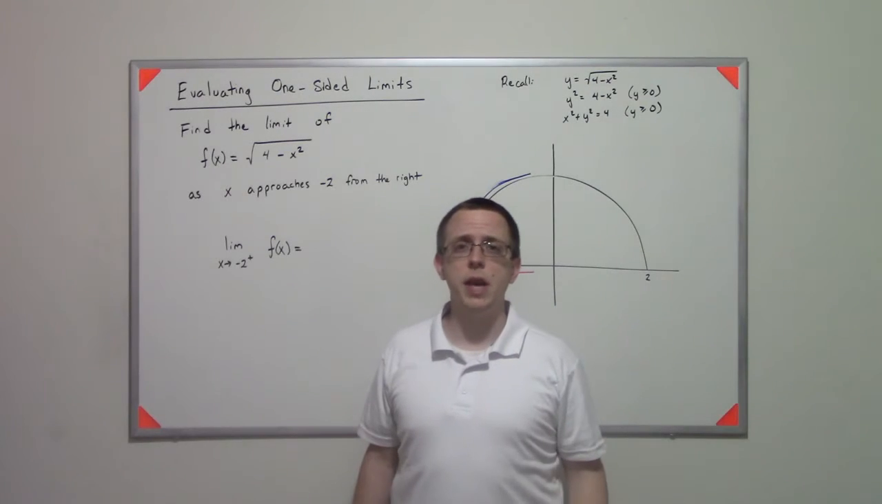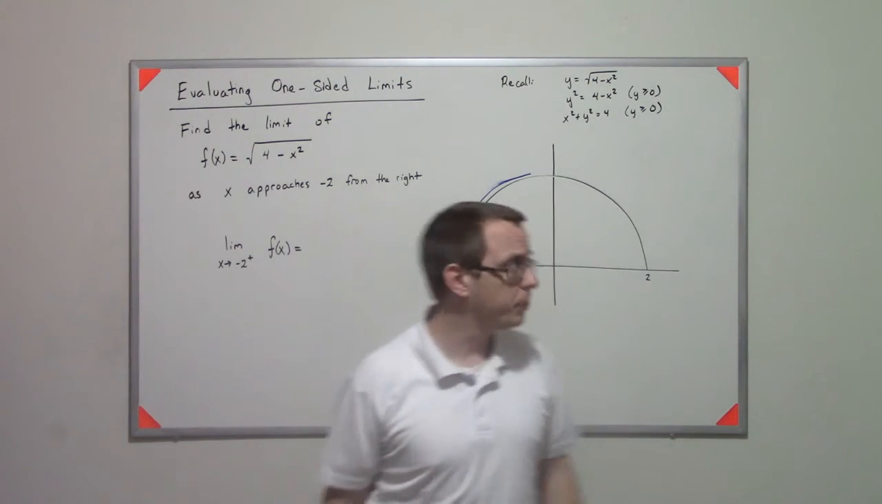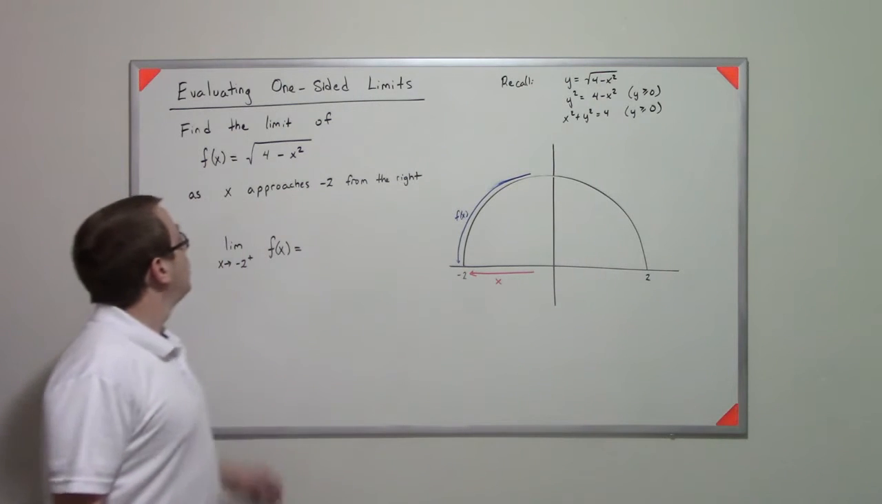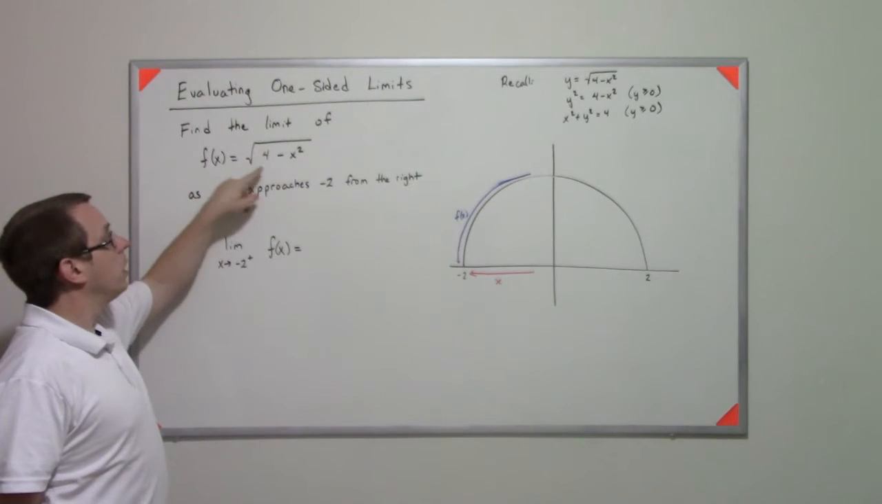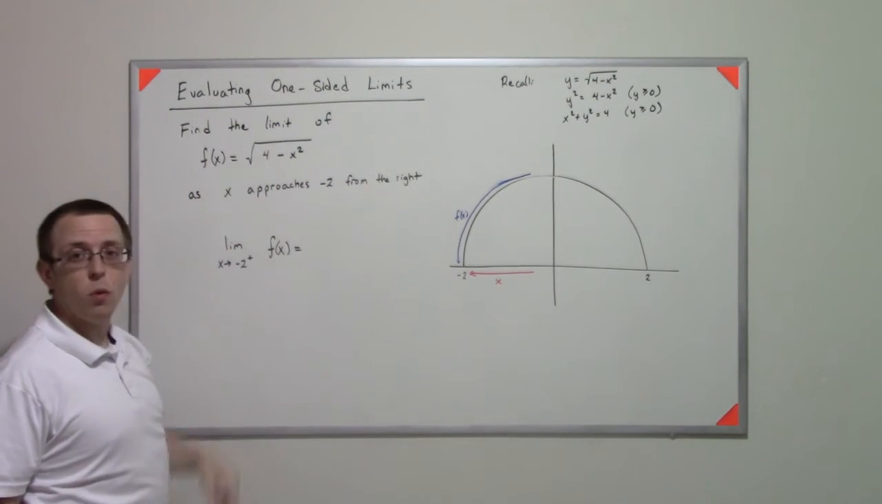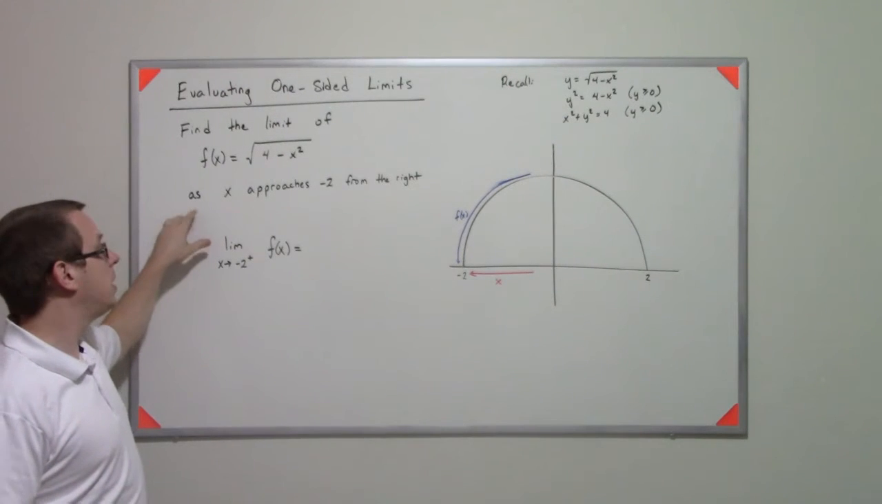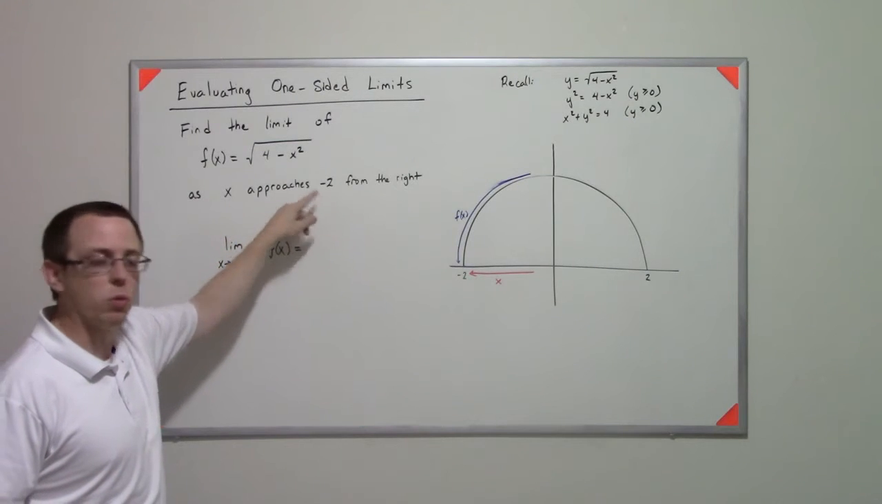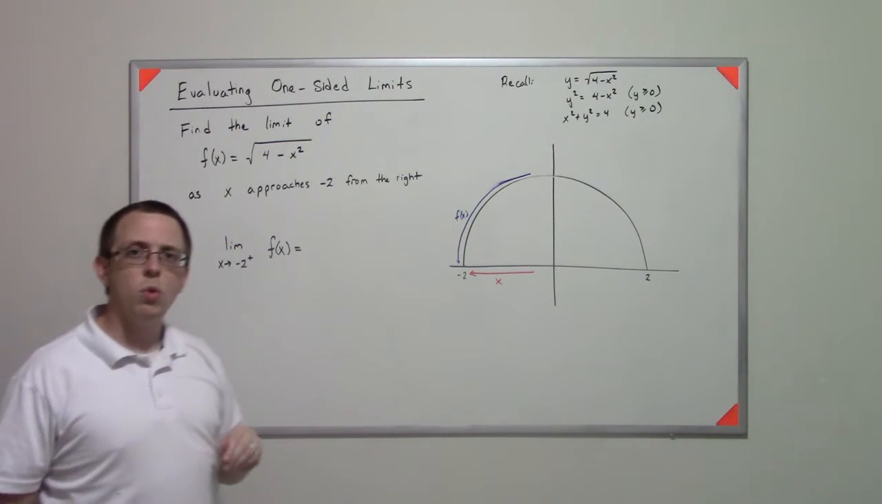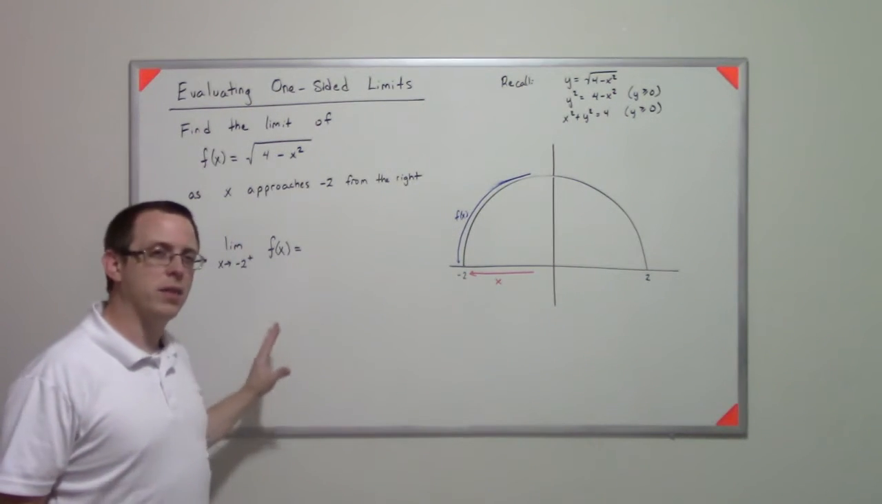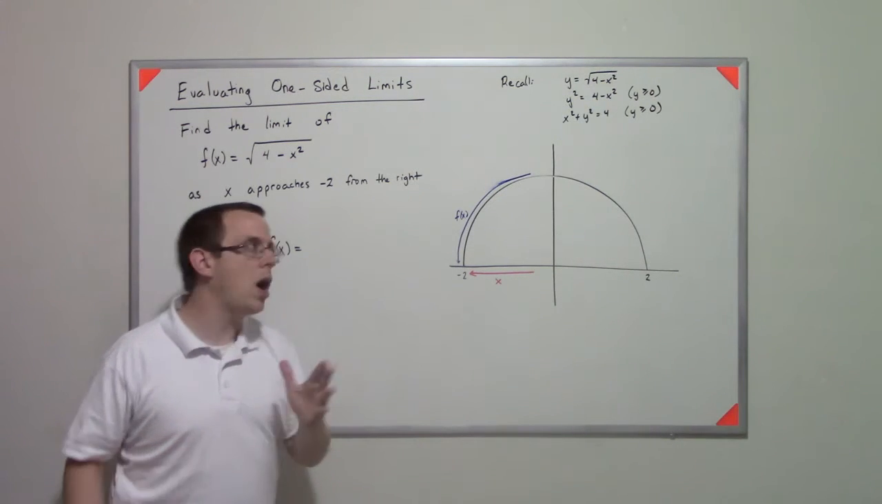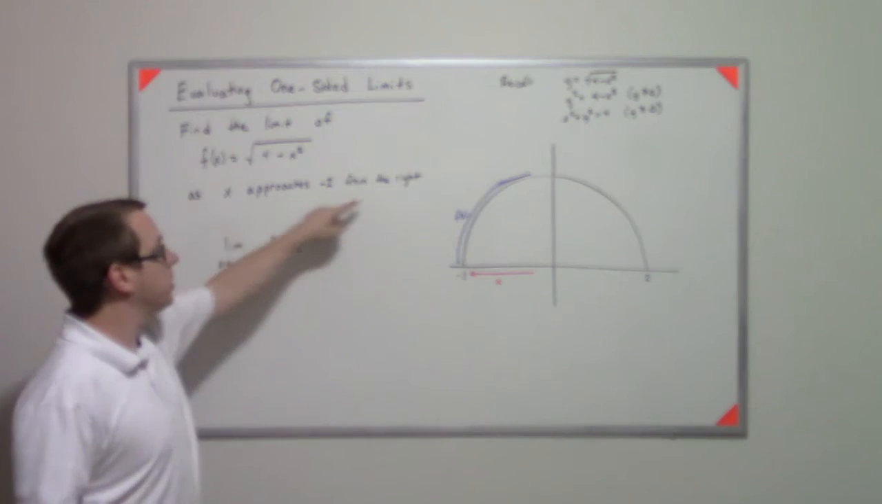Let's take a look at an example of evaluating one-sided limits. So if I have some function here, and it's equal to the square root of 4 minus x squared, and we want to see what the limit is as x approaches negative 2 from the right. So before we write this up, let's talk a little bit about why it makes sense to ask this question